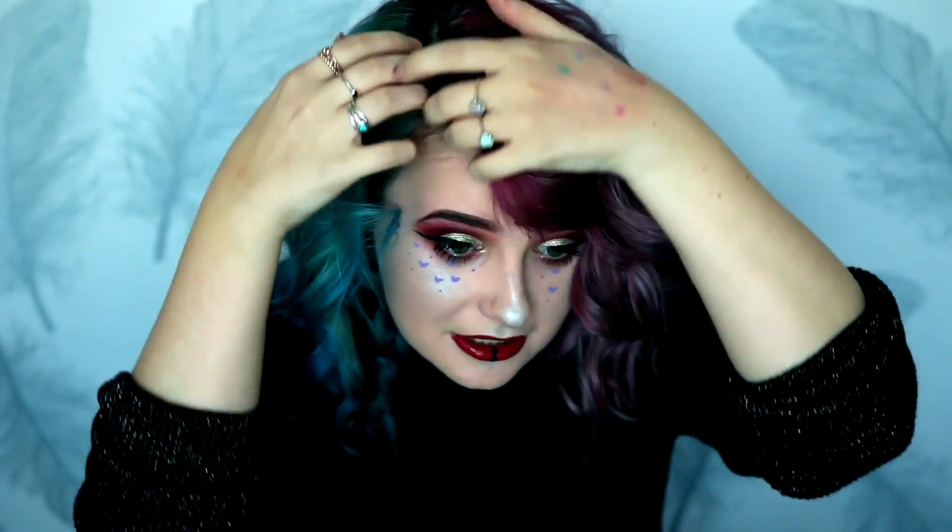I love drawing this on my lip. I really love drawing those on my lips because I love the piercing. I think it looks really cute on people. I don't know if I'd ever have the full commitment to get it done, but